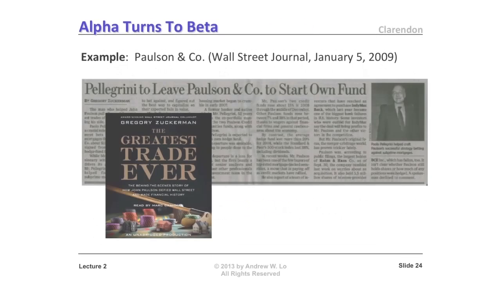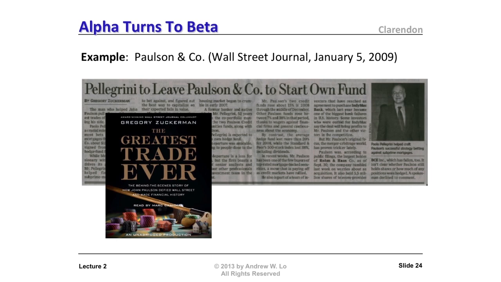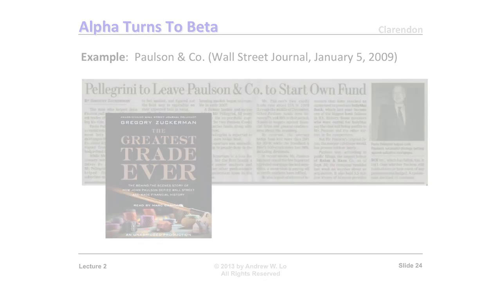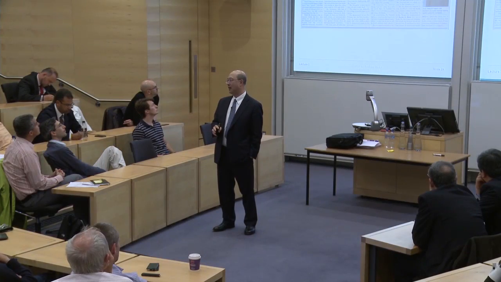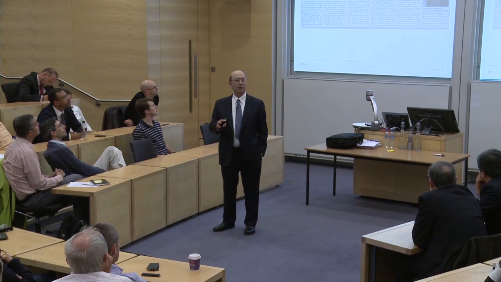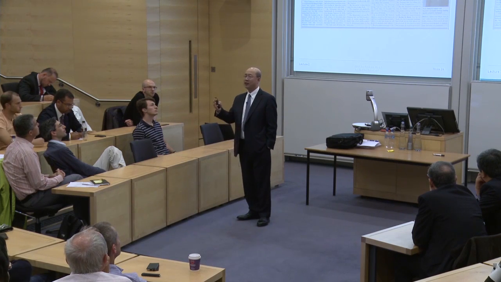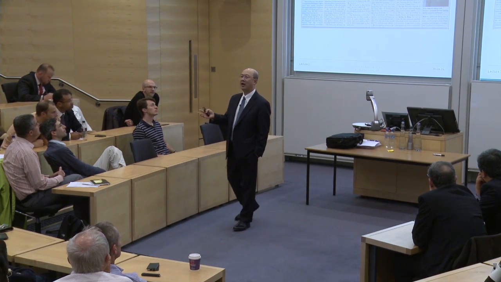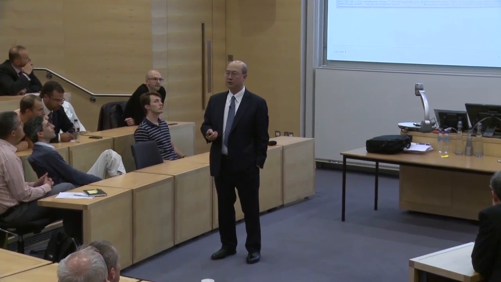So I'm going to close with one example from finance, which is strategies that are uniquely proprietary and that ultimately become commoditized, alpha turning to beta. And the example I'm going to give is something that I think we all have heard about. John Paulson was one of the few hedge fund managers that bet against US residential real estate starting around 2004, 2005. And he bet against that not just a little bit, but in large size. And he actually ultimately made tens of billions of dollars for his investors and billions of dollars for himself in fees because of that bet.